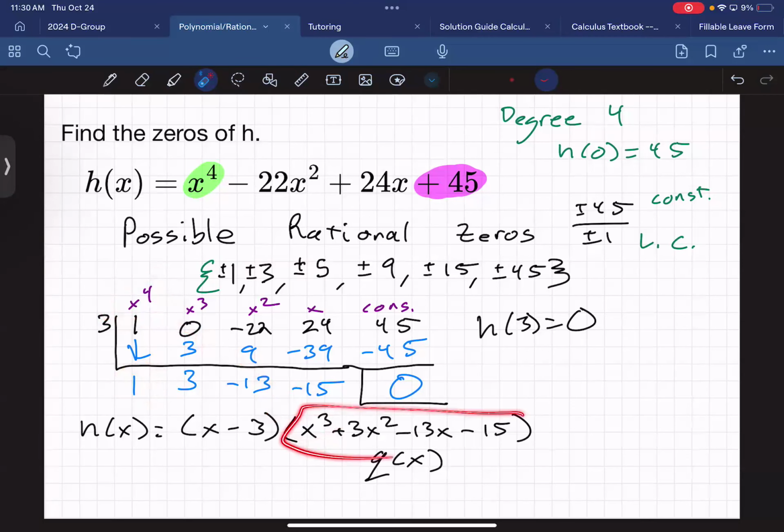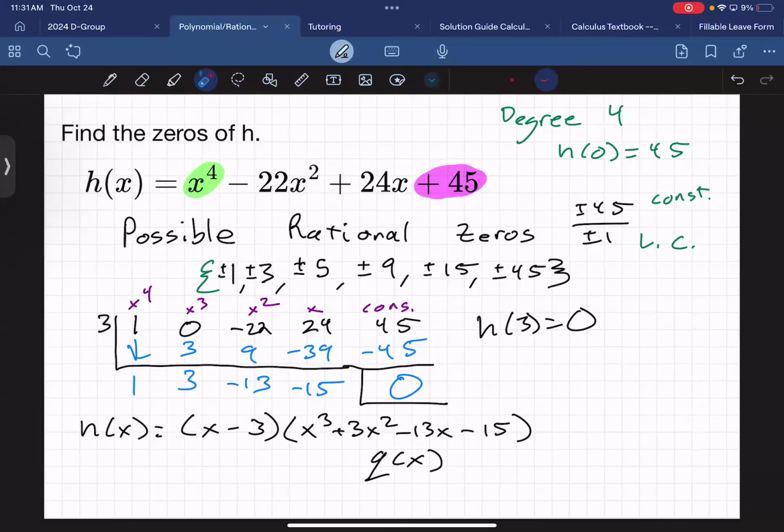Now, do we have any missing terms this time? No, so we don't have to worry about it. Will factoring by grouping work here? Yes, we could try, it's 4 terms, right? But what do 13 and 15 share in common? We're only going to be able to pull out a negative 1, right? Is that going to help me with a 3? No, right? You could go write it out if you need to. But we can see here, this grouping's not going to work. So I have to continue with this